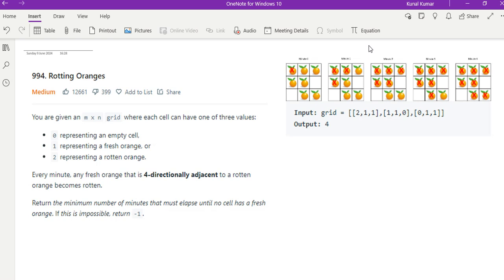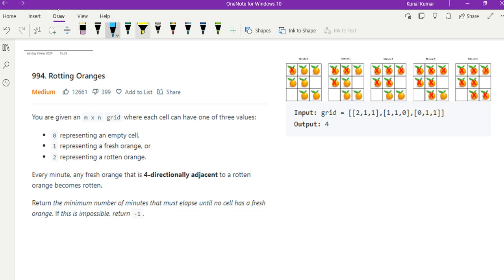So here I have a question that states you are given an m cross n grid where each cell represents 0, 1 and 2, 0 referring to an empty cell, 1 referring to a fresh orange and 2 referring to a rotten orange. Basically, you can say that you have been given a tray of oranges, like you can see here. Therein you have a fresh count of oranges as well as empty cells as well as rotten ones. So let's